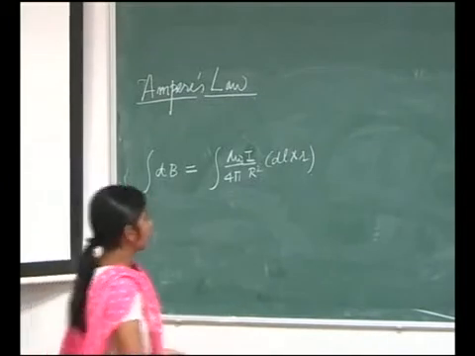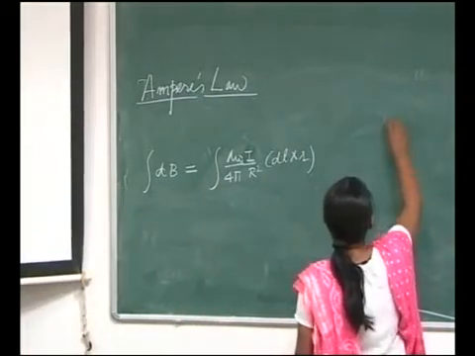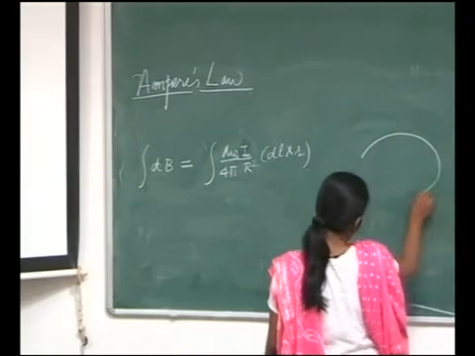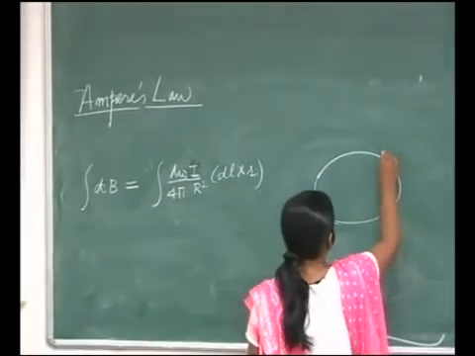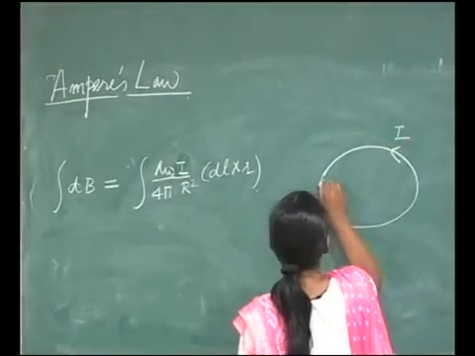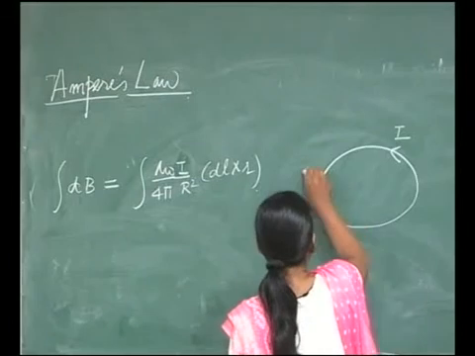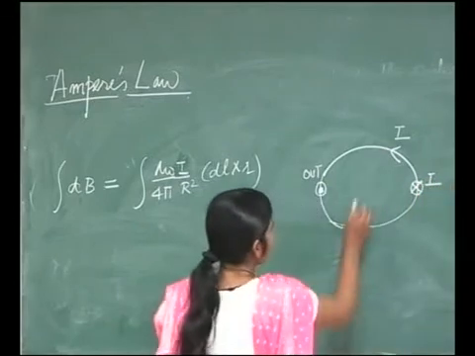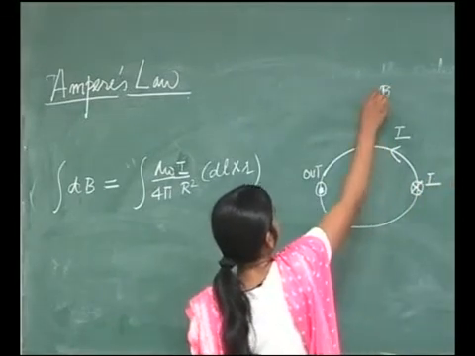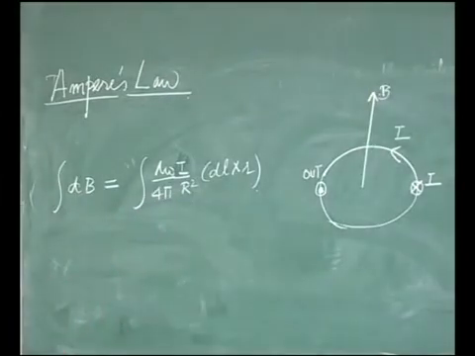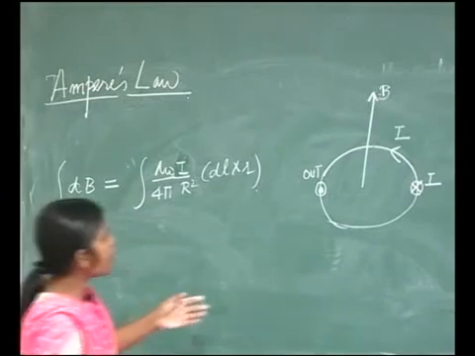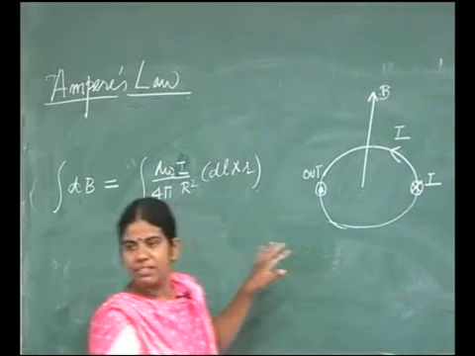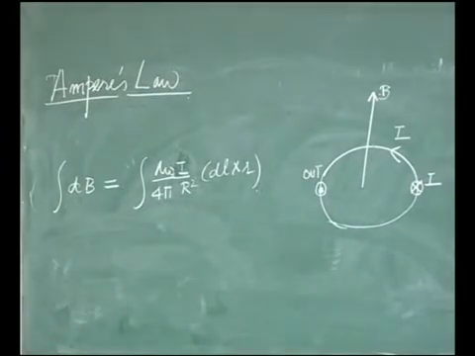Now, this was for if I have a current carrying loop, same loop, I have a current carrying loop, current is coming out here, and it is going in here. Okay, then I have the magnetic field in this direction. So actually Biot and Savart always thought that the path should be circular. Biot and Savart always thought that the path should always be circular, then only we will be able to put this formalism together.